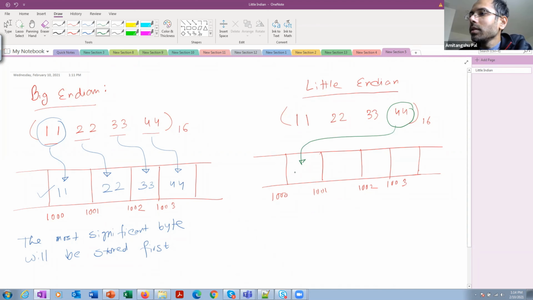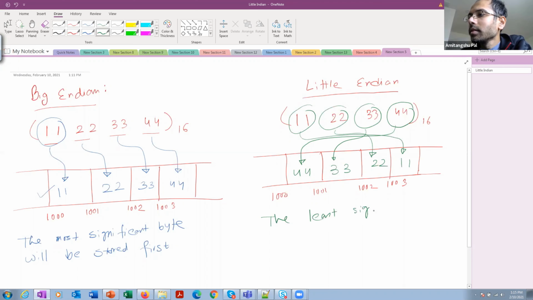This will come here, this will come next, this will come next, and this will come at the end. Clear? That means the least significant byte is stored first. So in little endian format the order changes, while in big endian format the order remains the same.